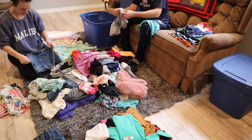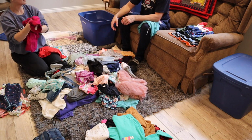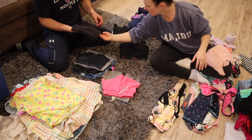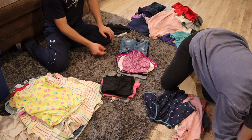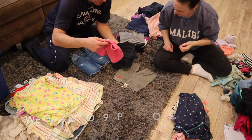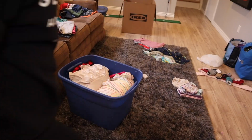Marianne, this is not cute. Or why do we have this or that? I find sometimes with her clothes, it's almost nostalgic to me. A little outfit that looked really similar to what I had as a kid. And so I think, oh, she's going to love that. And she doesn't love it. She doesn't want to wear that. Why am I keeping that? Or it's a weird fit. Or I don't know, there's some self-struggle with that. But as soon as I had that second person there, having Scott there and just having him get me going,